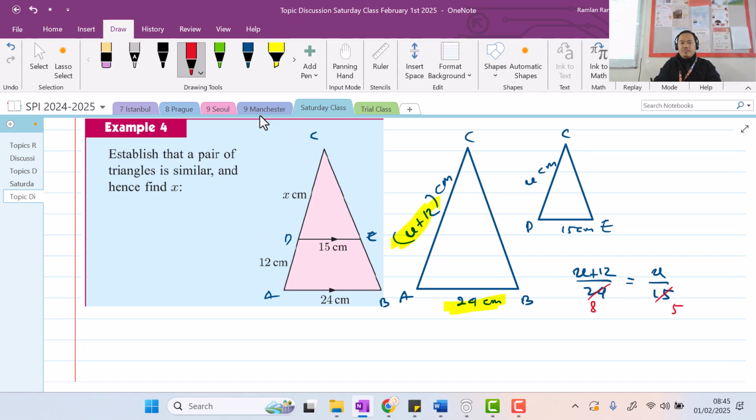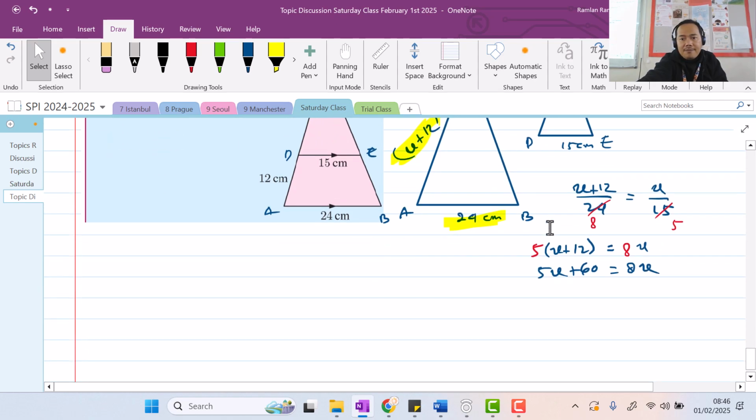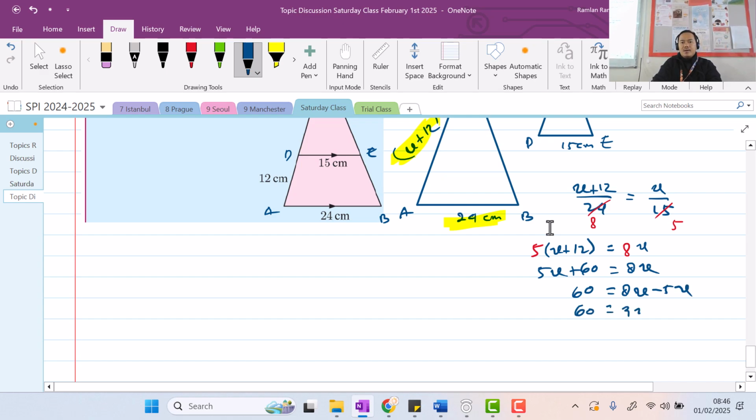So if I do that, there will be 5 and then multiply by x plus 12. And then the other one is 8 equals to 8. And then multiply that by x. Yeah. Okay, so if we expand the bracket, there will be 5x plus 60 yeah, equals to 8x. And then I can subtract both sides by 5x. That will be 60 equals to 8x minus 5x. That will be 3x, right? And then I can divide both sides by 3. That will be,